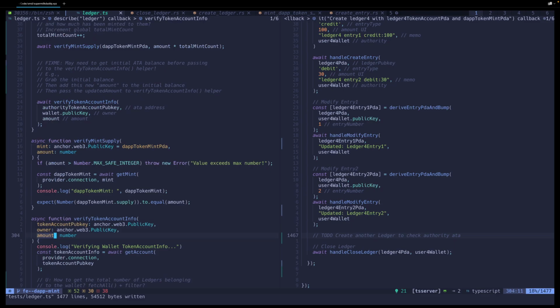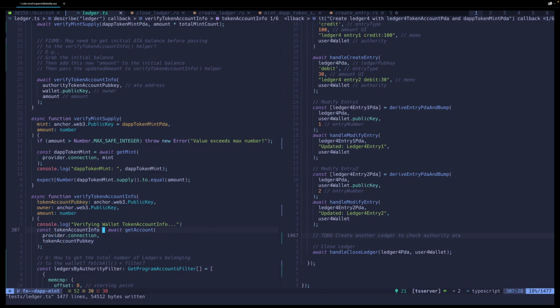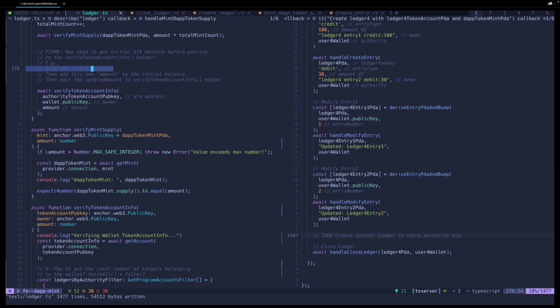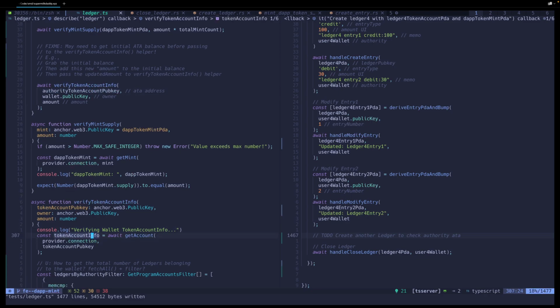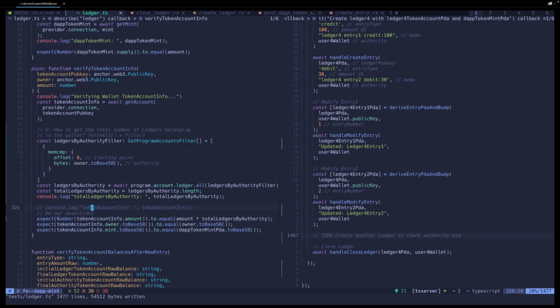So if this amount is really the updated amount, let's see, we grab the token account info, which we just did at 2028. I wonder if I'm already going to grab the token account info here, then rather than passing the pub key and grabbing it again down here, better would be maybe just pass the entire account, and then I really wouldn't need this filter because I'd have the account. I've just grabbed it